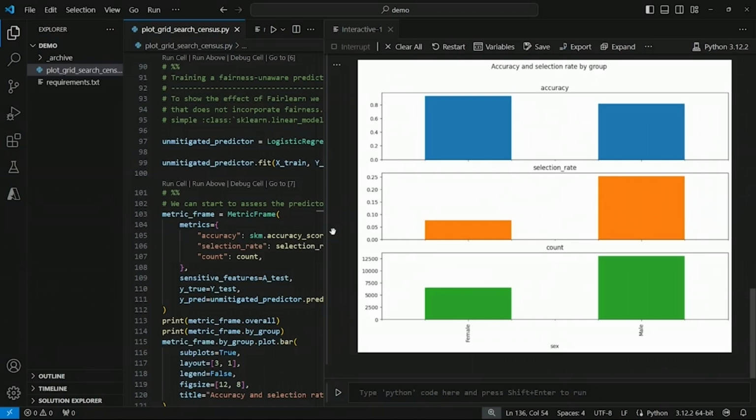What this indicates is that simply ignoring a sensitive feature when fitting a predictor does not necessarily, and actually not very often, eliminate unfairness. There are usually enough features that can be correlated to the removed feature to lead to the discriminatory outcome. All right, with that, we've explored how ignoring sensitive features when training a predictor doesn't necessarily address disparities.